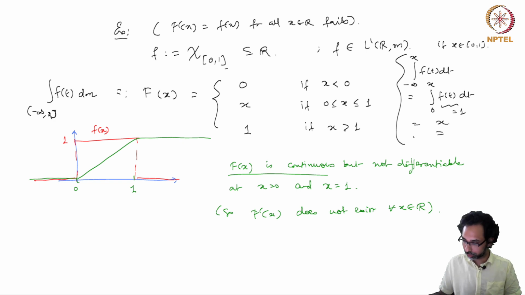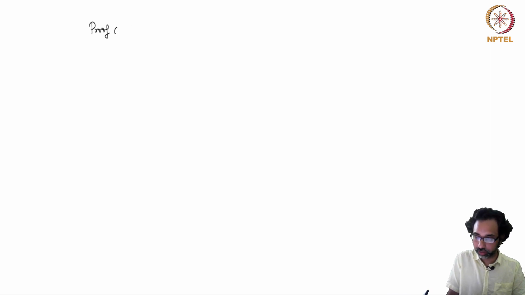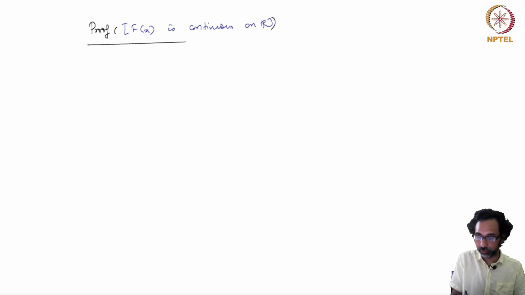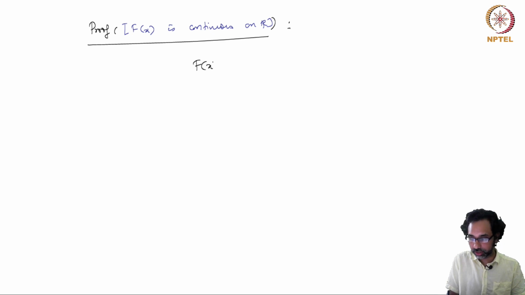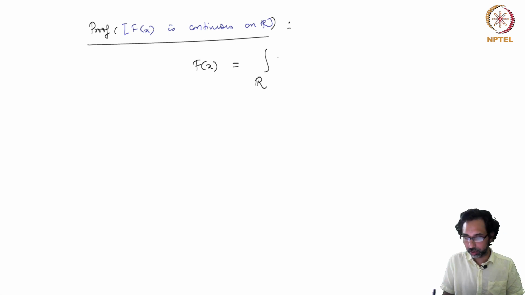So we can easily show this. This is the first part of the theorem, the proof of the fact that capital F is continuous on R. So how do we prove this? This is easy, because if you write F(x) as the integral of f times the indicator function of minus infinity to x, dm,